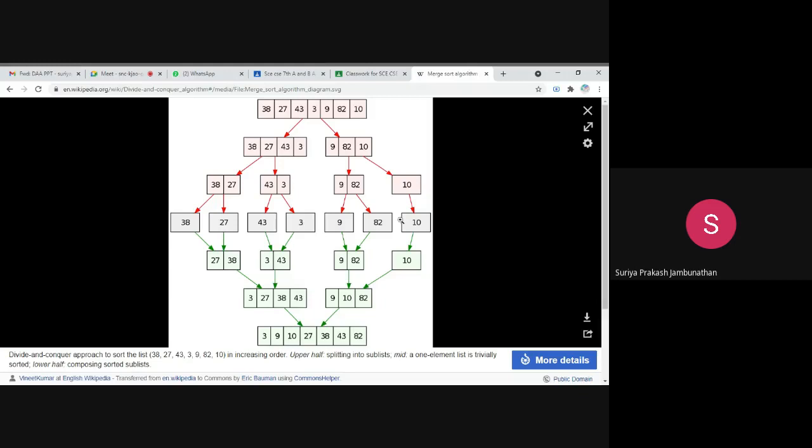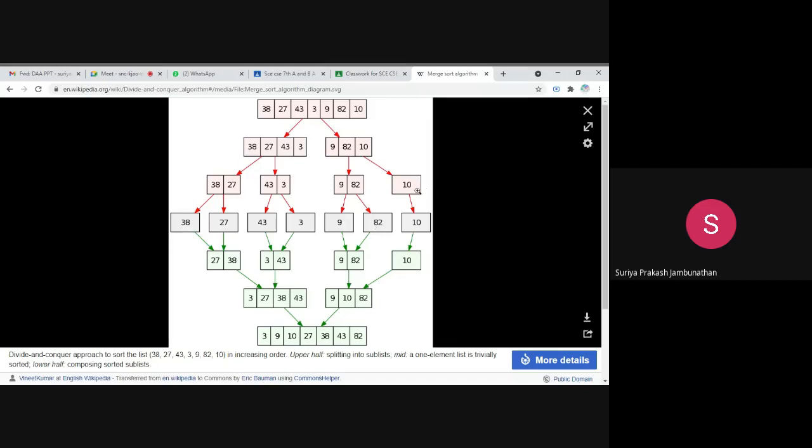Very good. So now we have to apply the same formula, n divided by 2. 2 divided by 2 is 1, so we have to split further into 1, 1. Here also n divided by 2 is 1, so 1, 1 you have to split. Here also n divided by 2 is 1, so 1, 1 you have to split.